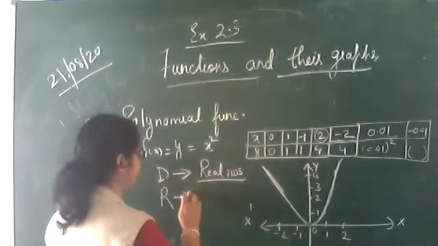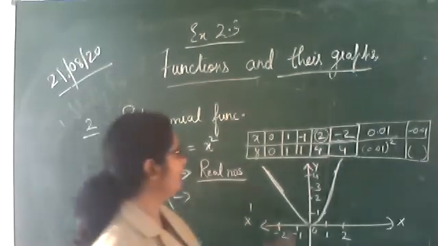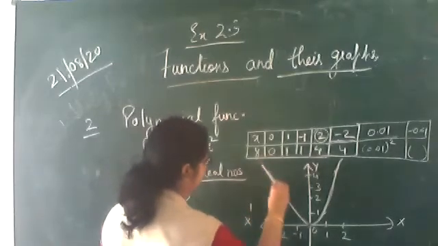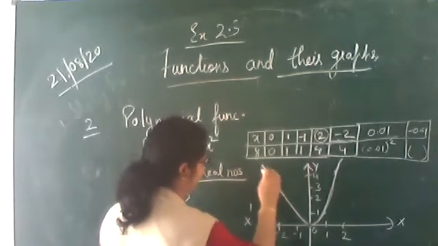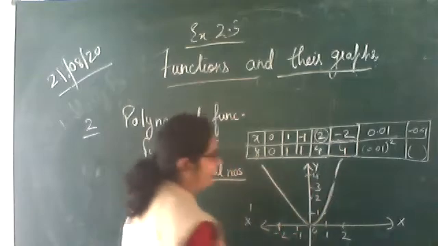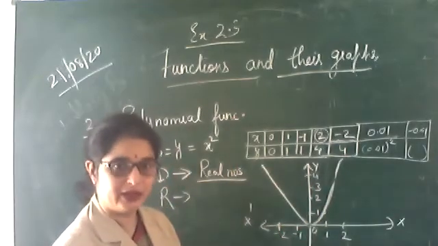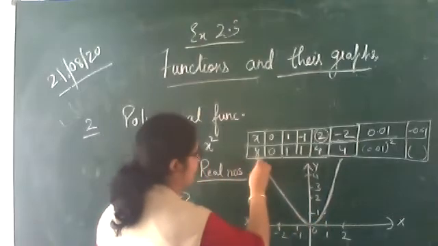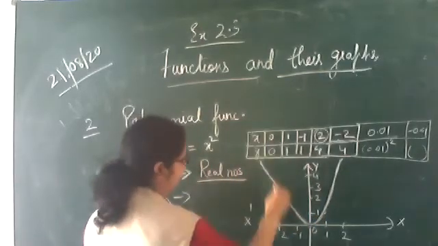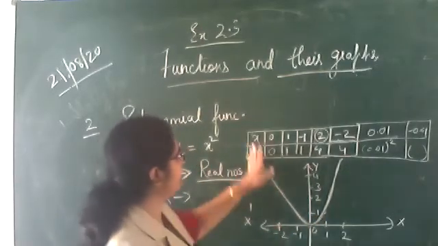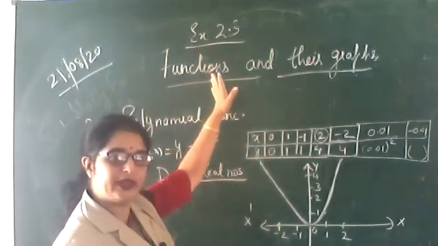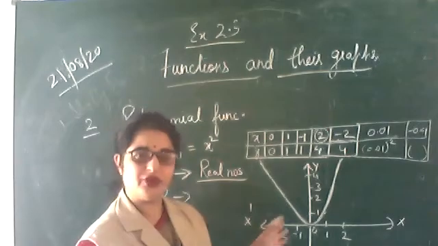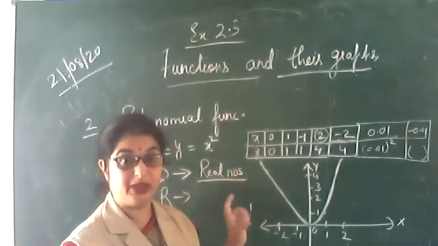What about the range? See the graph. What will be the range? Very good. Now just see the graph. When we see the graph, this value of x is going indefinitely. If I increase the graph, you will get the values of x indefinitely. Here also, even the values of y we are getting indefinitely. But one thing is there.